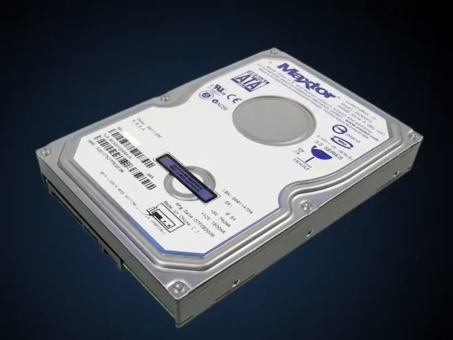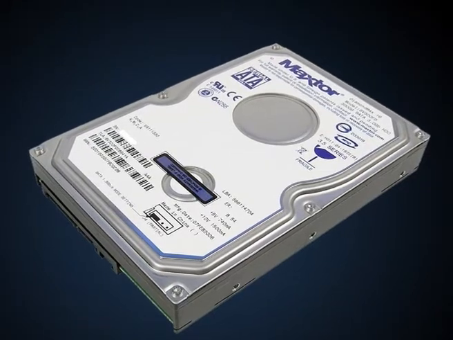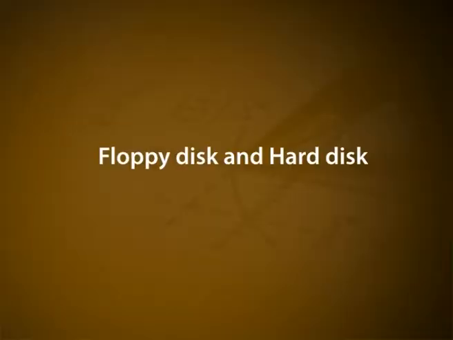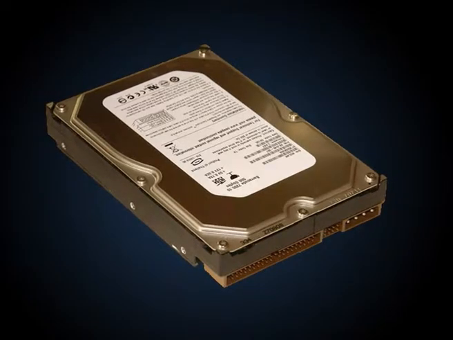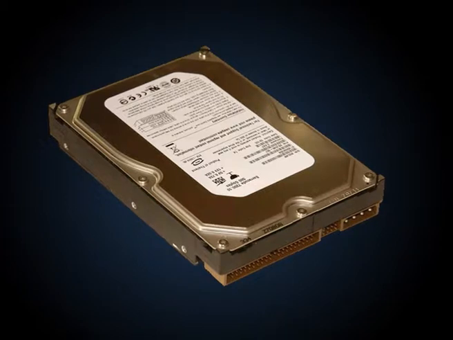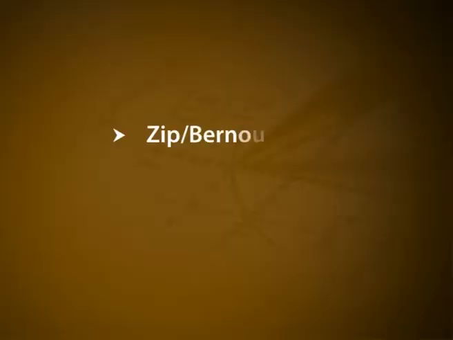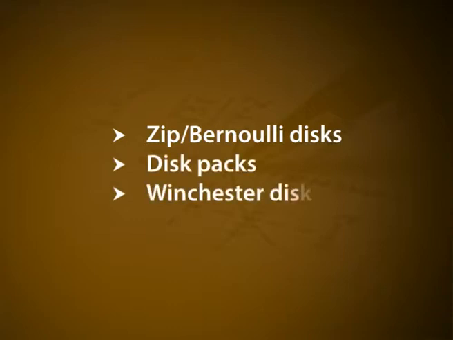All magnetic disks are round platters. They come in different sizes, use different types of packaging and are made of rigid metal or flexible plastic. The magnetic disk can be broadly classified into two: floppy disk and hard disk. Floppy disks are individually packaged in protective envelopes or plastic cases, whereas hard disks are packaged individually or in multiples in cartridges or contamination-free containers. Depending on the type of packaging, hard disks are further classified into SIP Bernoulli disk, disk packs and Winchester disk.